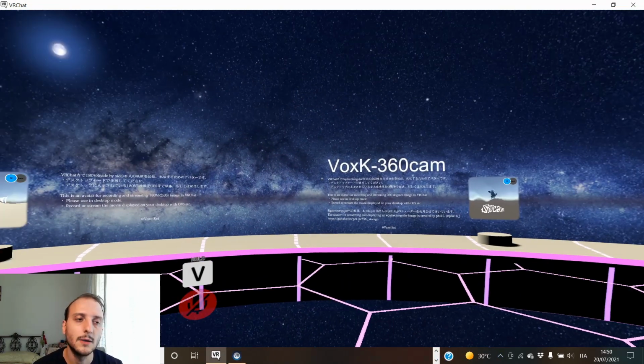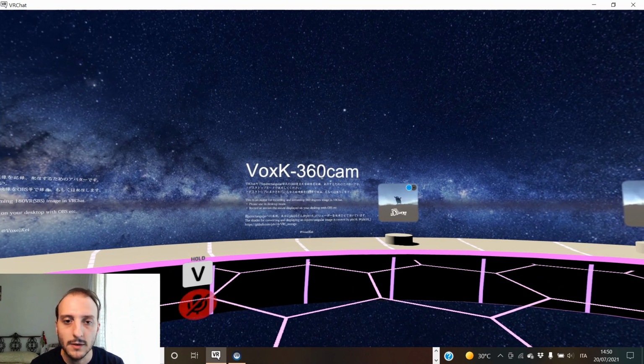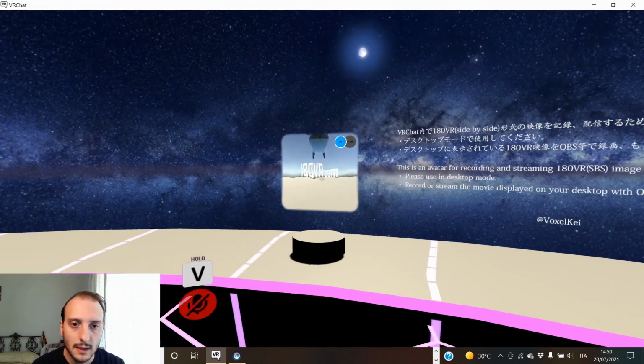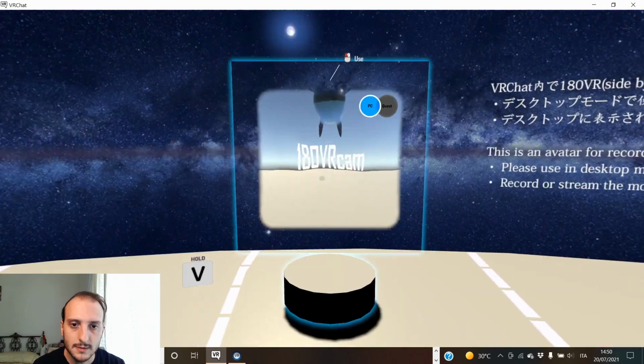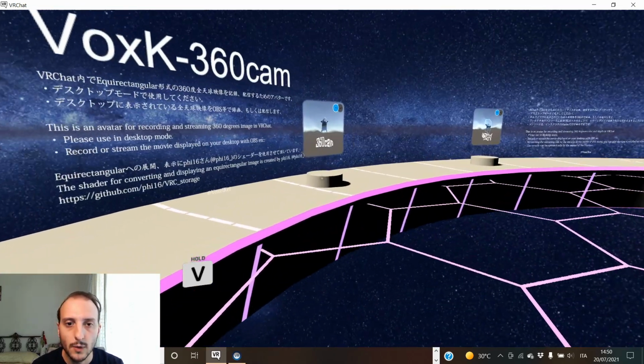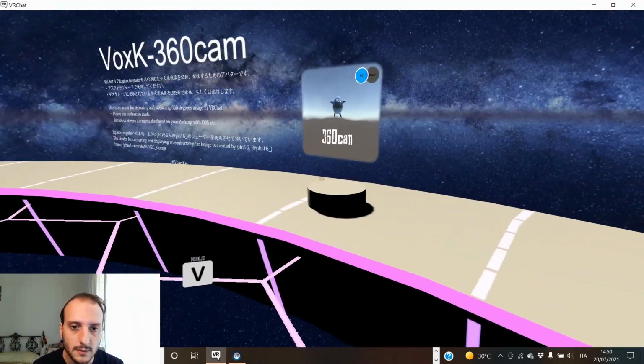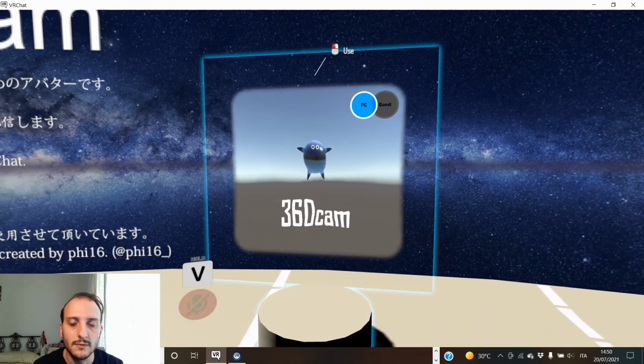So here we're inside the world called Depth Field. I can also put this link in the description of the video. And as you can see, there are some avatar pedestals. These are ways that you have inside VRChat to grab an avatar, like 180, 360, and other kinds of videos. So let's start with the 360. If I click on it,